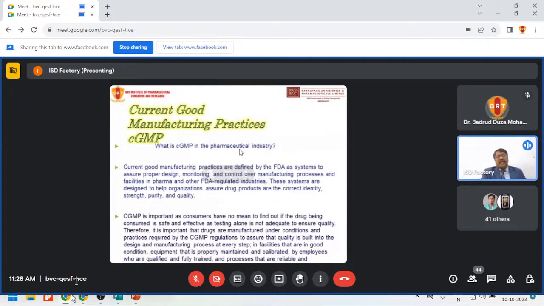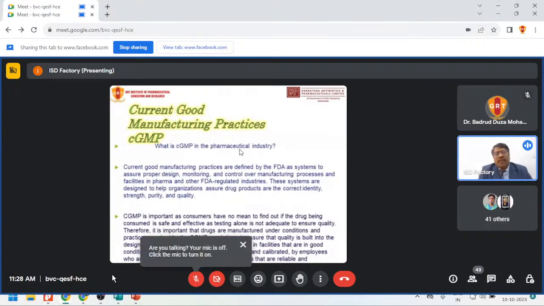CGMP is important because consumers have no means to find out whether the drug being consumed is safe and effective. Testing alone is not adequate to ensure the quality. GMP also follows systems, but with current good manufacturing practice, we go into detail on the quality of the product we are manufacturing for the pharmaceutical industries. The practices required by the CGMP regulations ensure that quality is built into the design and manufacturing process